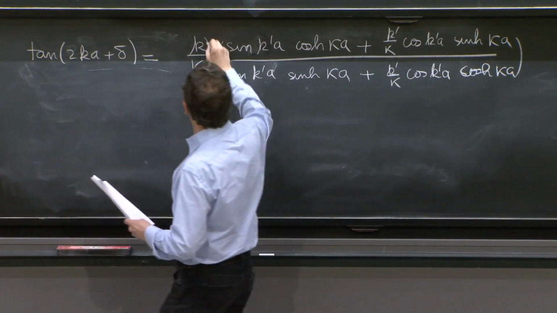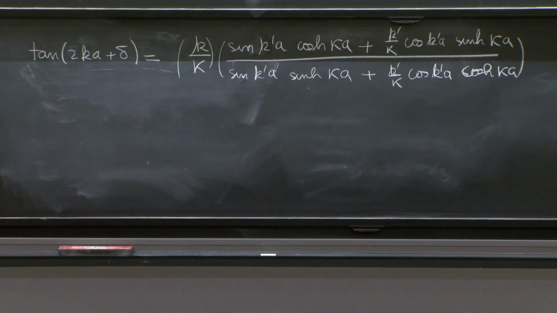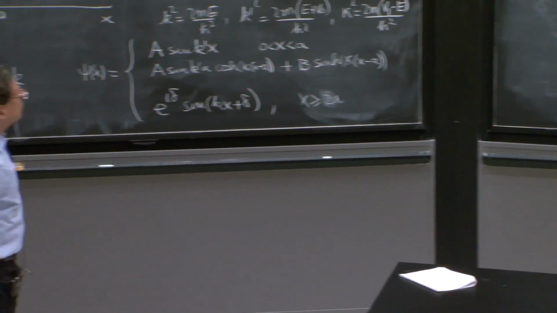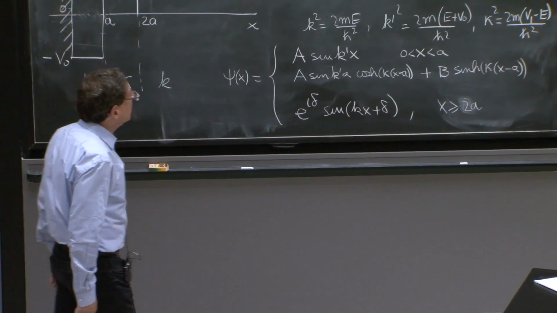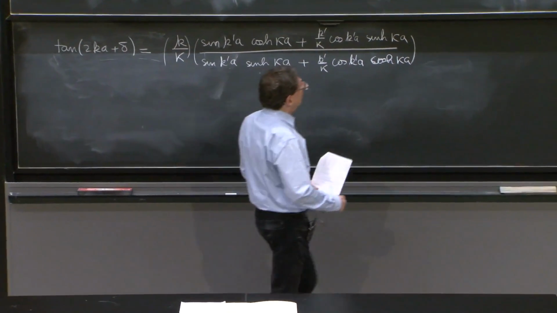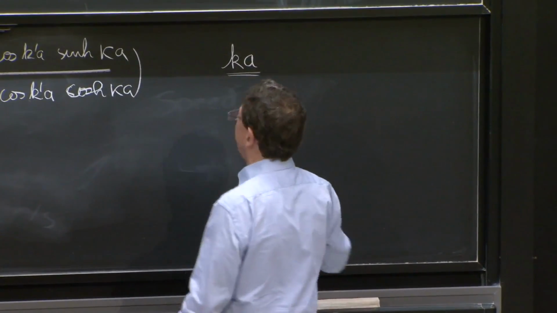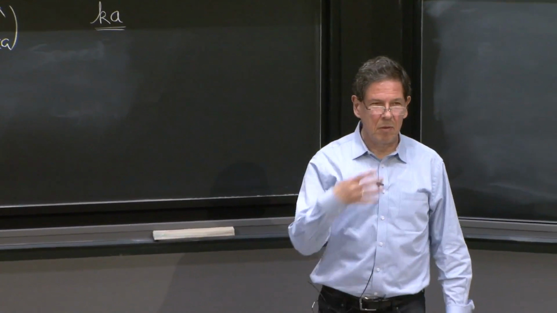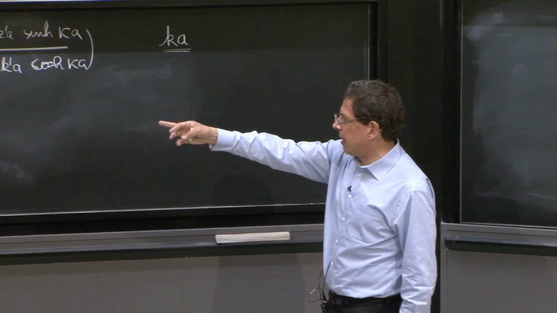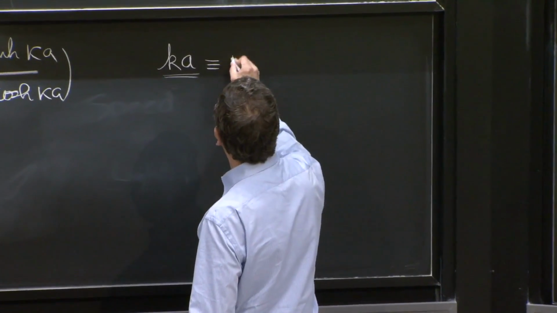So, it's a well-defined expression. If you know the number kappa A, you can calculate everything. Let me just make sure you can see that. If you set, for example, Ka, this is the natural variable. Ka is just, the K is related to the energy directly. So Ka has no units, call it U.